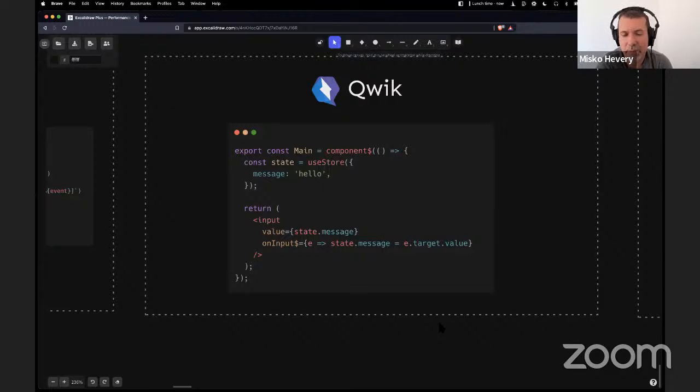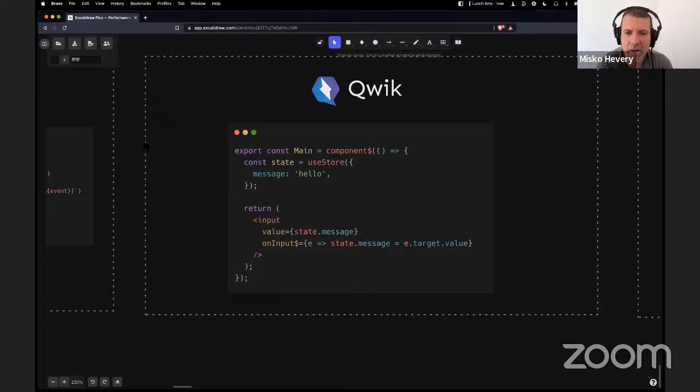The place where Quick becomes different is that, first of all, it solves this problem, but not only does it have the island approach, it actually takes it to an extreme where every single click listener becomes its own island. It's almost like every single callback, every single hook becomes its own island. And so it's a lot more fine-grained and a lot more integrated into a cohesive system.